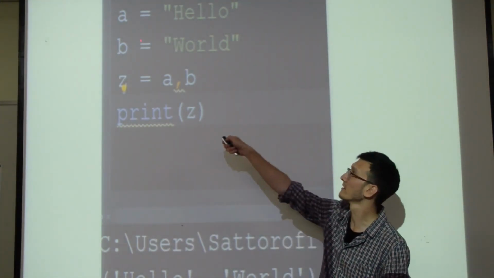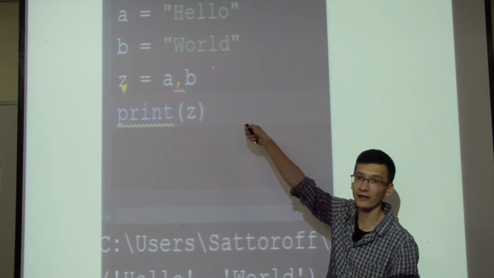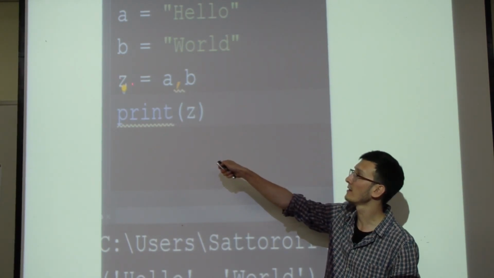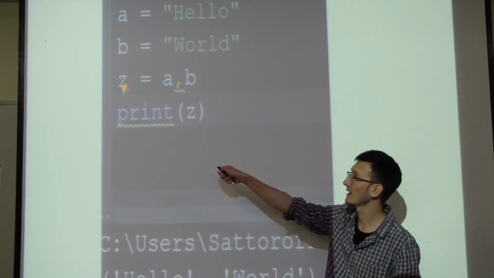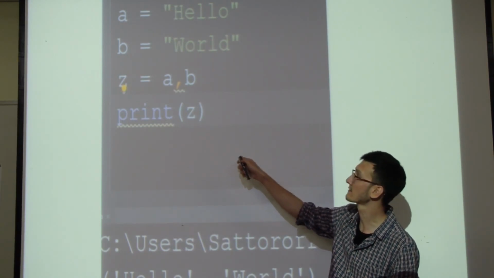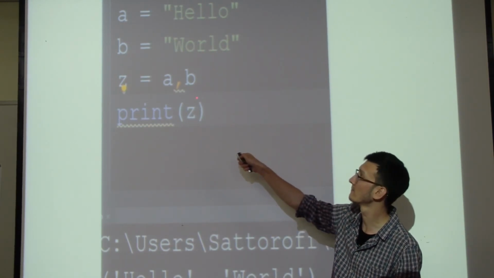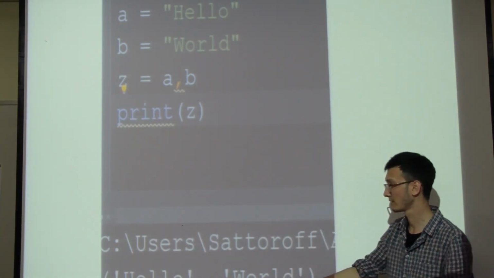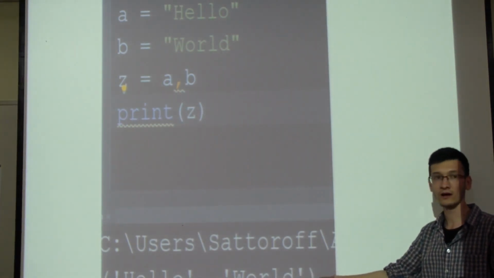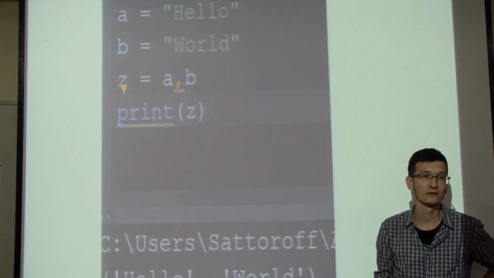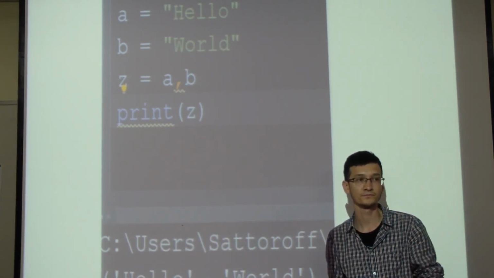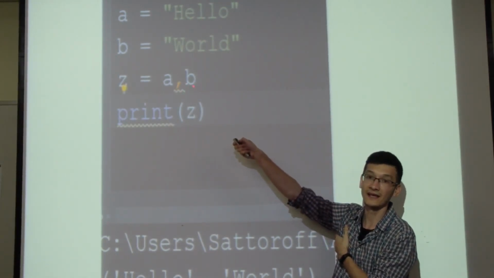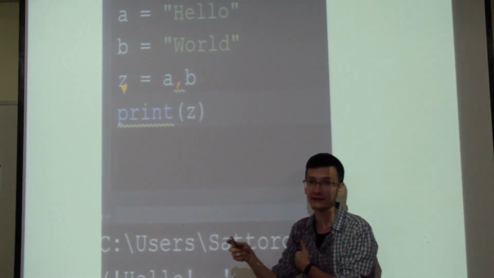We created two variables and we gave two string values for them. And now we made another variable, and this variable takes the value of A and B. And we are printing Z. Now look, we have hello, comma, world. Everyone look please, look at the screen. Here we didn't use plus, yeah? Plus, if you use plus here,